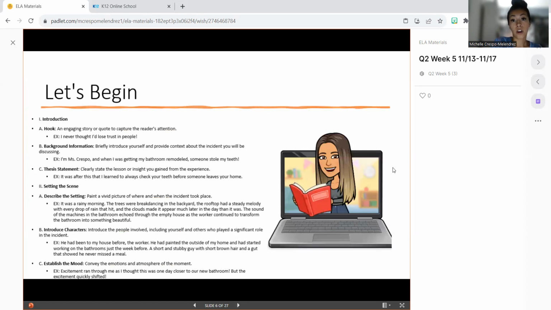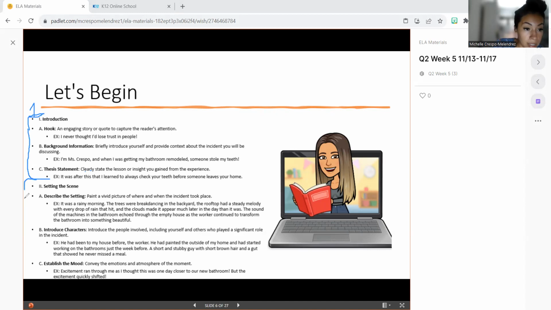Now, these are the two sections. Let me see if it lets me write on here. Yay, it does. Got it. So section 1 is the introduction. That is right here. So this is one paragraph right here.